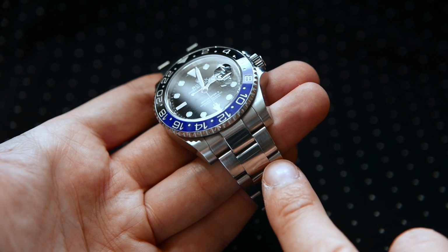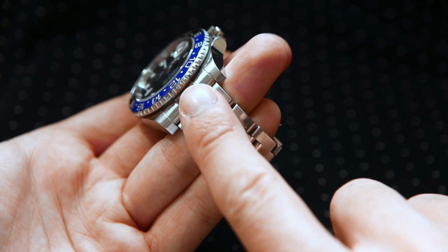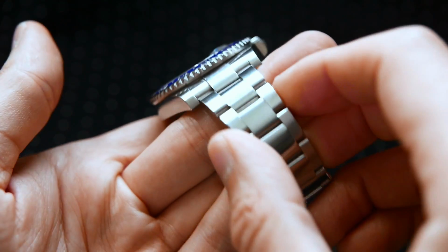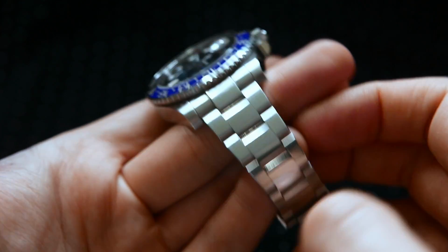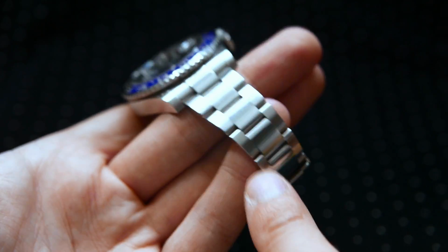So a lot of Rolex sports watches are all brushed all the way through. This actually has polished centre links, and those catch scratches. Now this watch is a couple of years old, and there are light hairlines in there. There's nothing absolutely major on the bracelet, but it does get scratches, and it ends up where you get enough